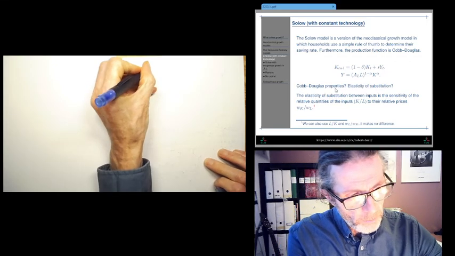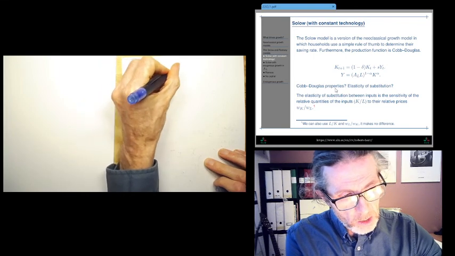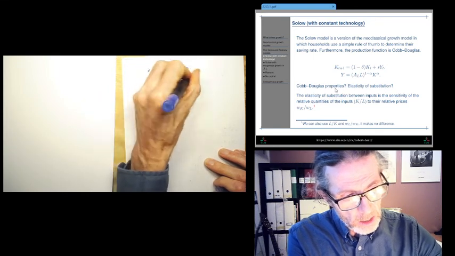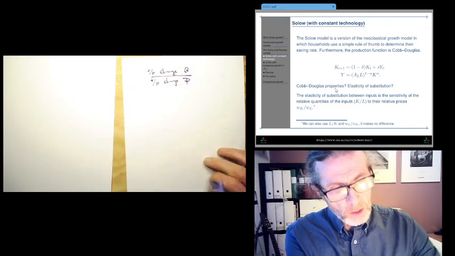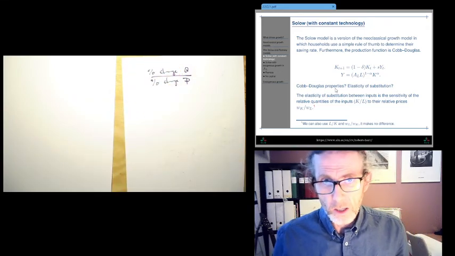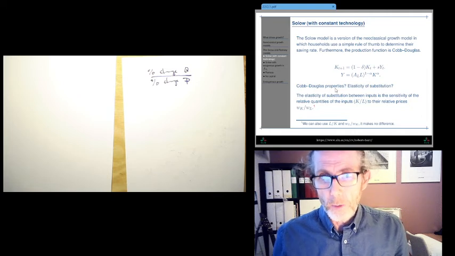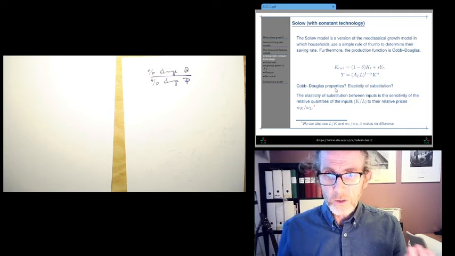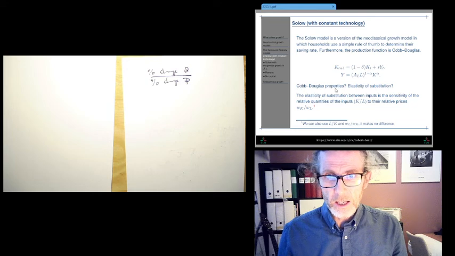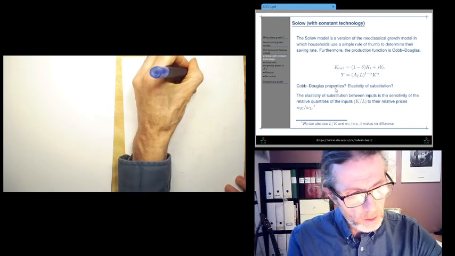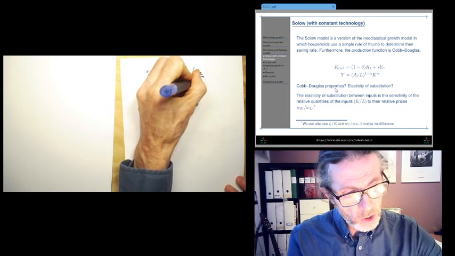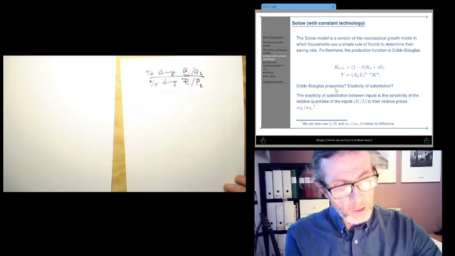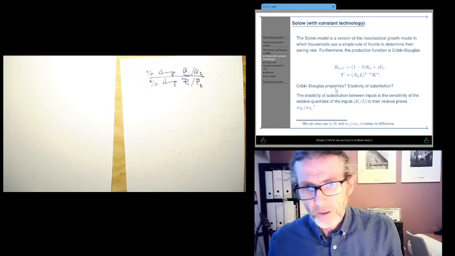It's like the percentage change in quantity given a percentage change in price. But an elasticity of substitution is a percentage change in relative quantities